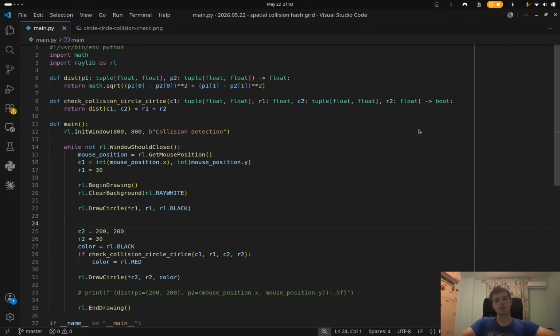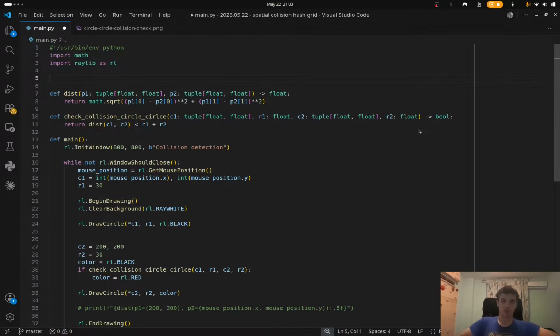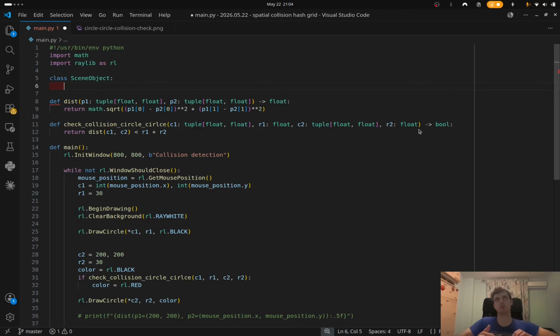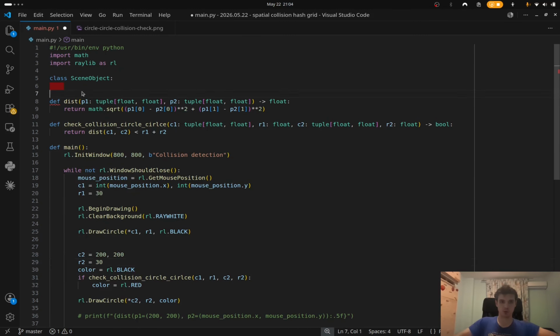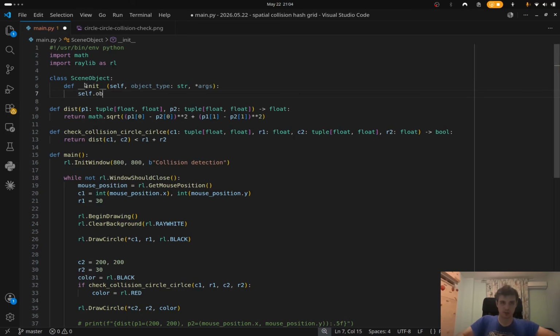Okay, so one thing that I usually like to do before going to more objects and doing more complicated stuff, and I keep finding myself doing that, and I'm not sure if it's a good path or not, is basically to create this small class, which I just call scene object, which has a single scope, and that scope is to basically abstract a bit these objects, these shapes, so I don't have to work with raw variables. So this isn't supposed to be like a very OOP like implementation, so it is just a simple wrapper. So usually what I like to do is put here like object type, and then just all the other arguments, and I just save those as is, object type,